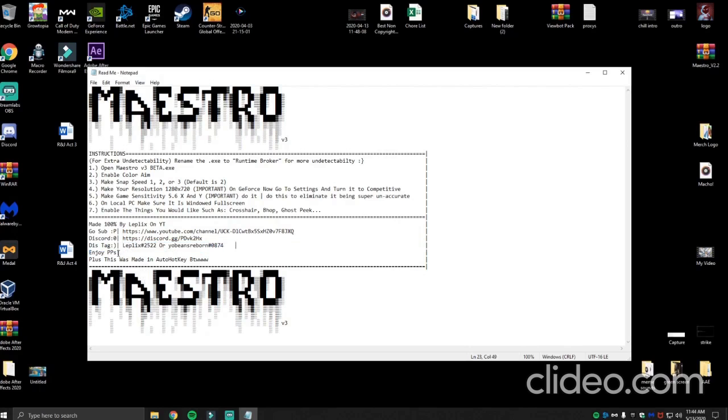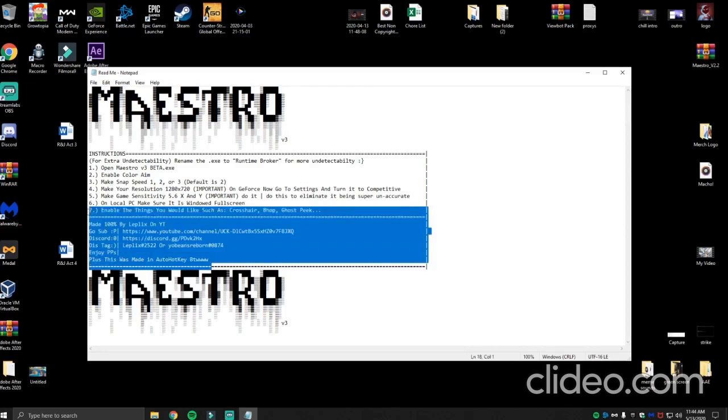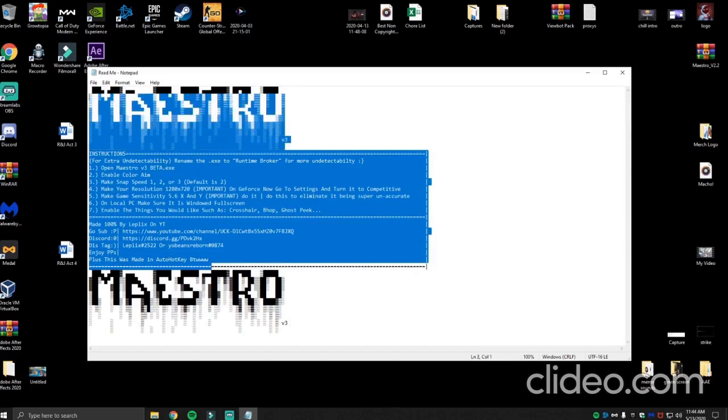It's made in AutoHotkey, so it's an external cheat, so you know it's legit. It's not one of those internal, potentially virus